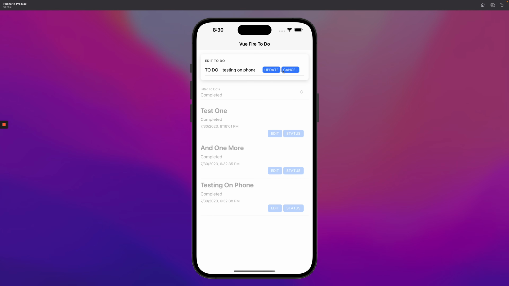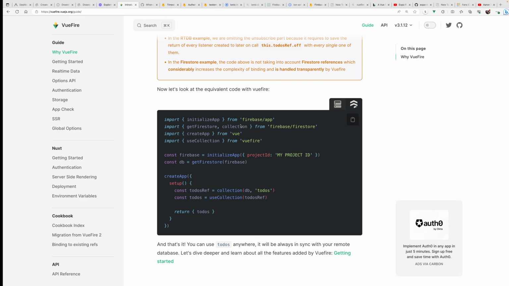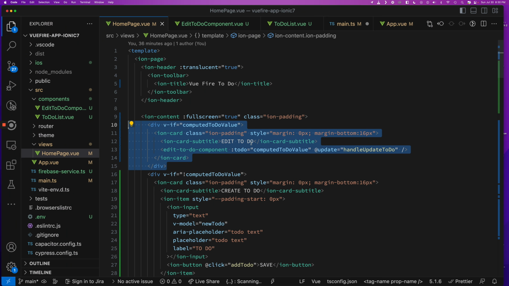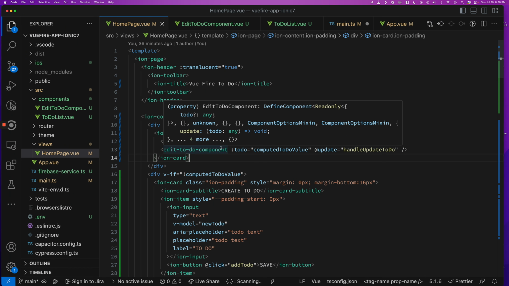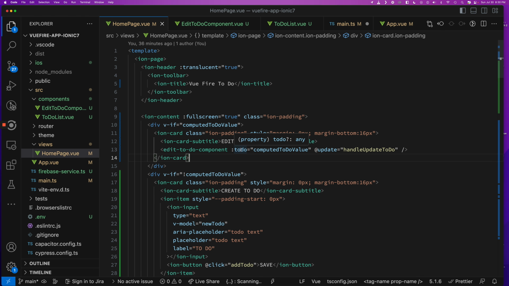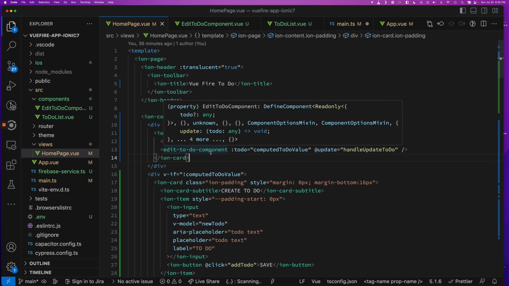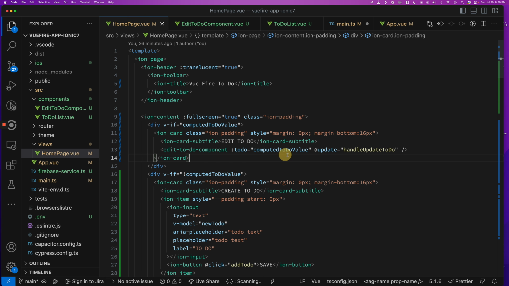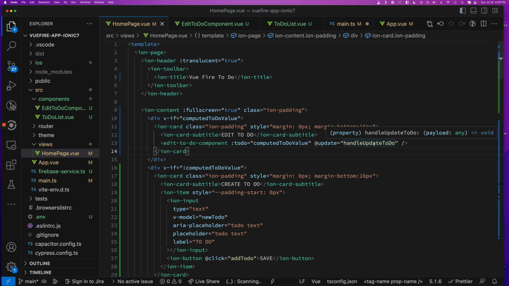It has an input box and some buttons for actions. I'm just going to click cancel here because we don't want to change anything. If I go back here, you can see that I have a component here called EditToDo. This computed ToDo is the value that gets passed in, so it knows what it's editing. It's really just a string. And then on the update, I have a function called handle update ToDo that gets called when an update event is fired. If we go to my ToDo component,